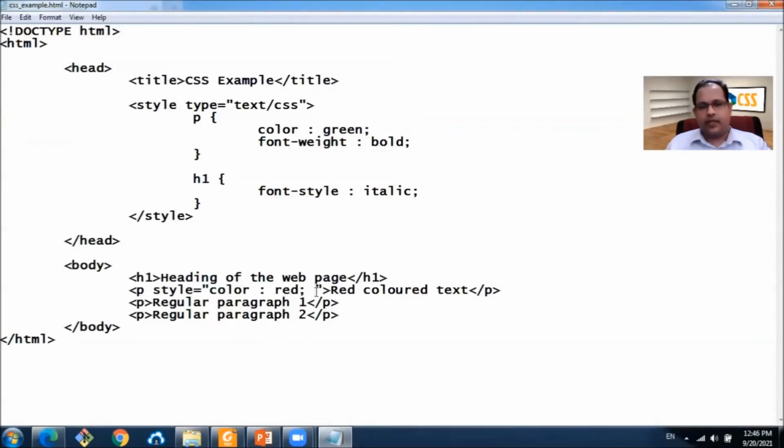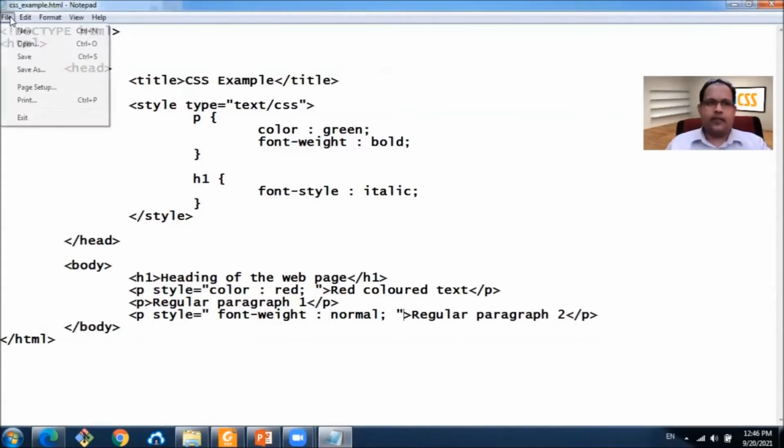We can actually change this font weight bold nature of the paragraph, not only here, but also for any other paragraph as well. For an example, if we want the last paragraph to have a normal font weight, not the bold one, we can specify here, okay, font weight normal. Let's save it.